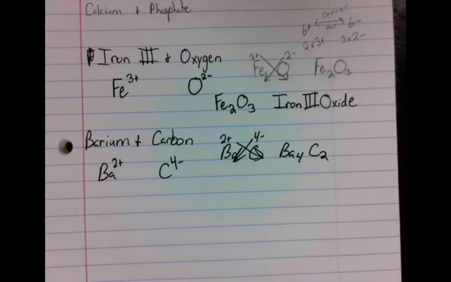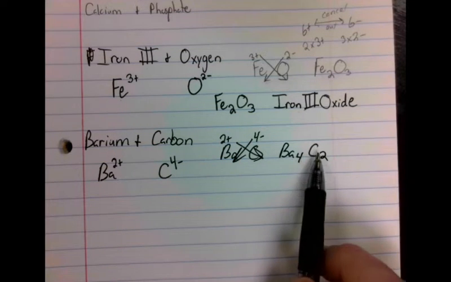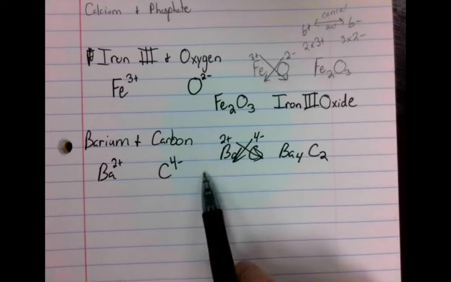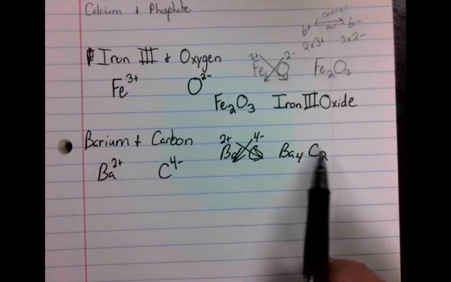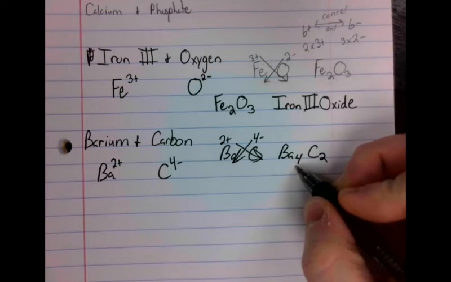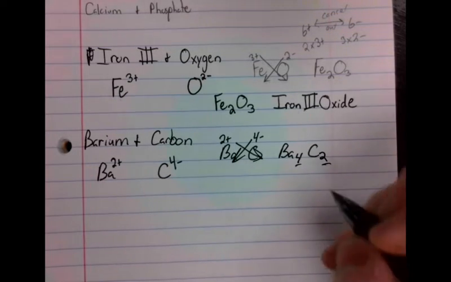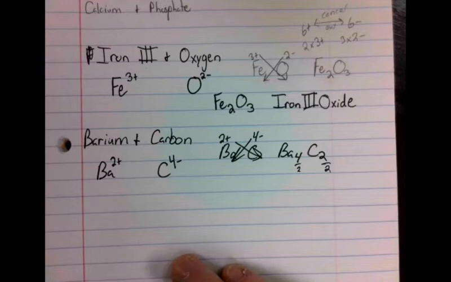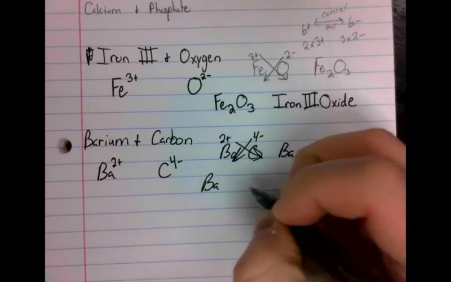Now there was one other note on that last section in the notes that said this also needed to be the simplest ratio. We had to make sure it was reduced as far as it could go. In this case, 4 Bas and 2 Cs would balance out. 4 times 2 is +8. 2 times -4 is -8. +8 and -8 completely cancel out. But we could lower this ratio. Both of these numbers are divisible by 2. So we're actually going to divide them both by 2. And that will give us Ba2C,